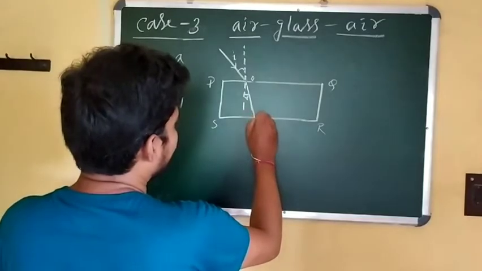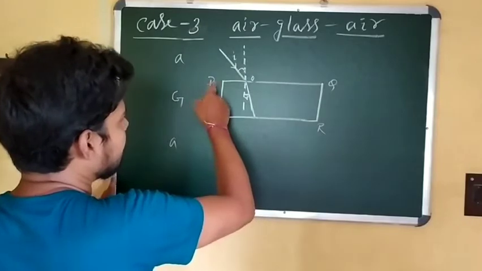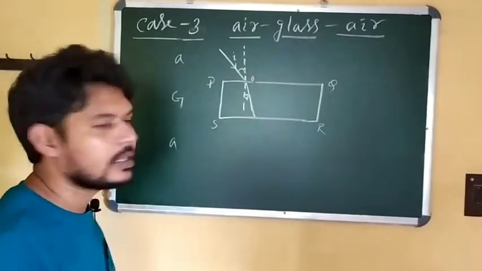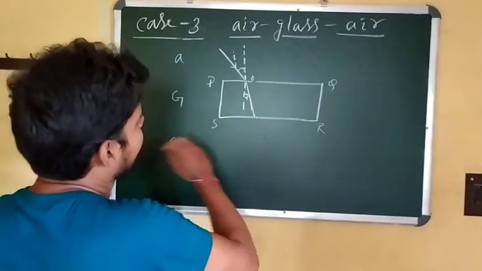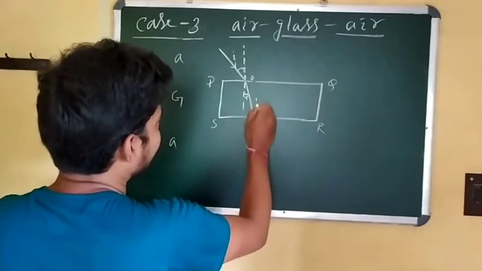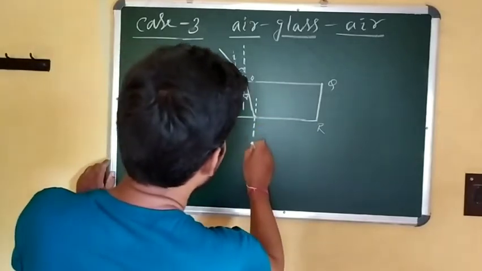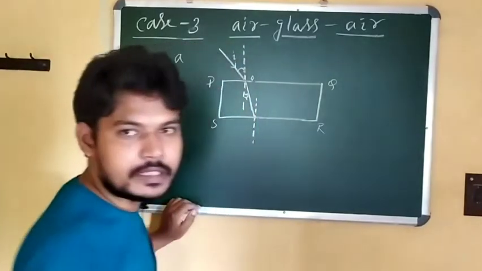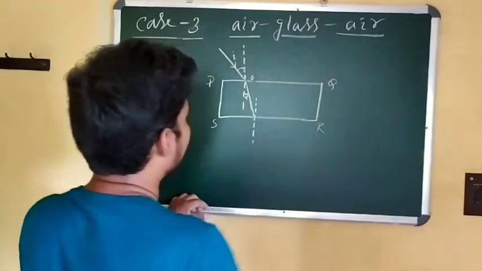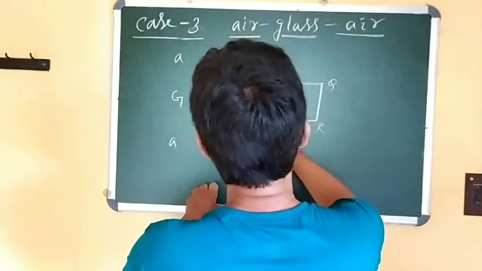Then here again this refracted ray is incident at this boundary line SR. At first it fell on the boundary line PQ. Now it falls on the boundary line SR. So now light is coming from denser to rarer medium. Again I draw one normal at that point of incidence. Okay, so what happened in this case? Again light refracted. And when light comes from denser to rarer, then it moves away from the normal,